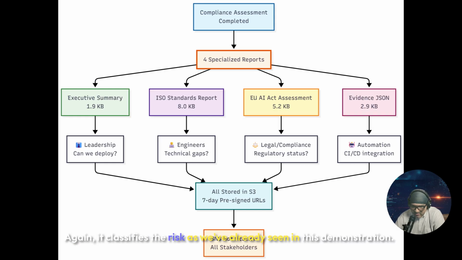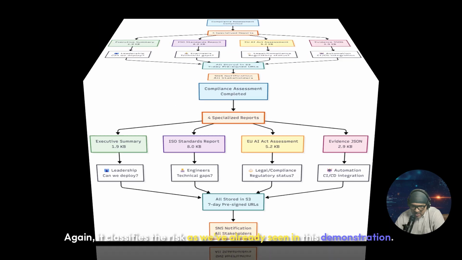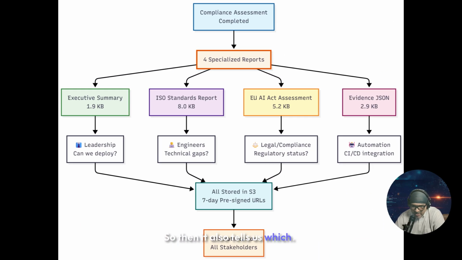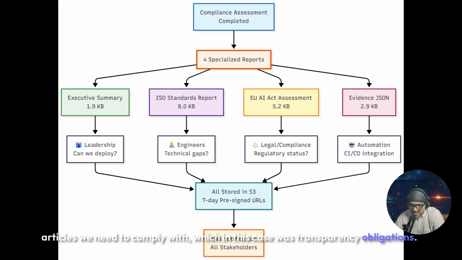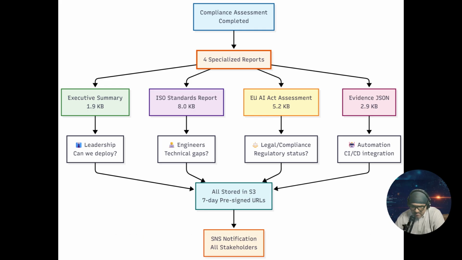Again, it classifies the risk, as we've already seen in this demonstration. So then it also tells us which articles we need to comply with, which in this case was transparency obligations, and we just need to ensure that we tell users they're talking to an AI. It still checks all the high risk articles and shows you where you'd fall short if this were high risk,